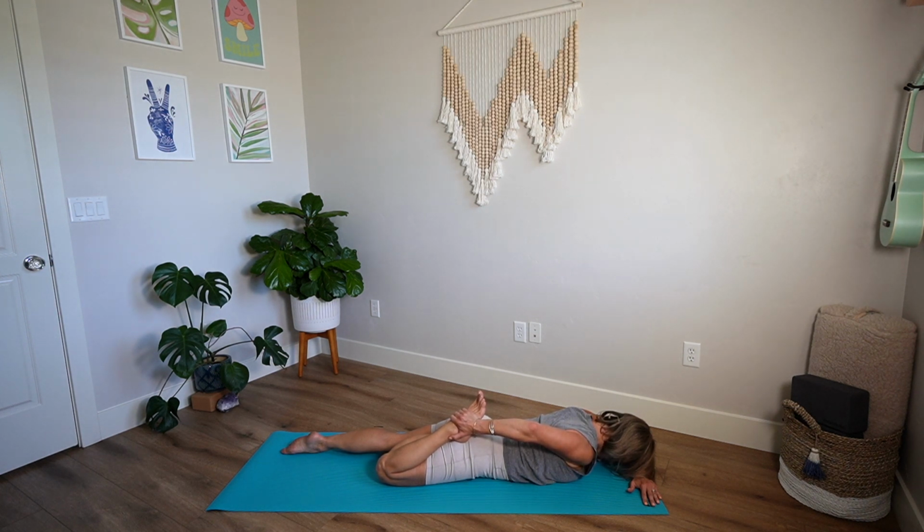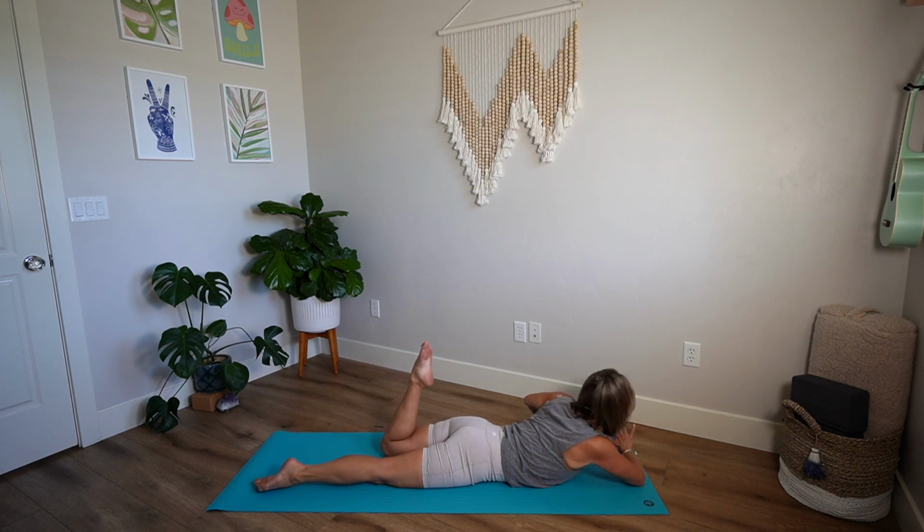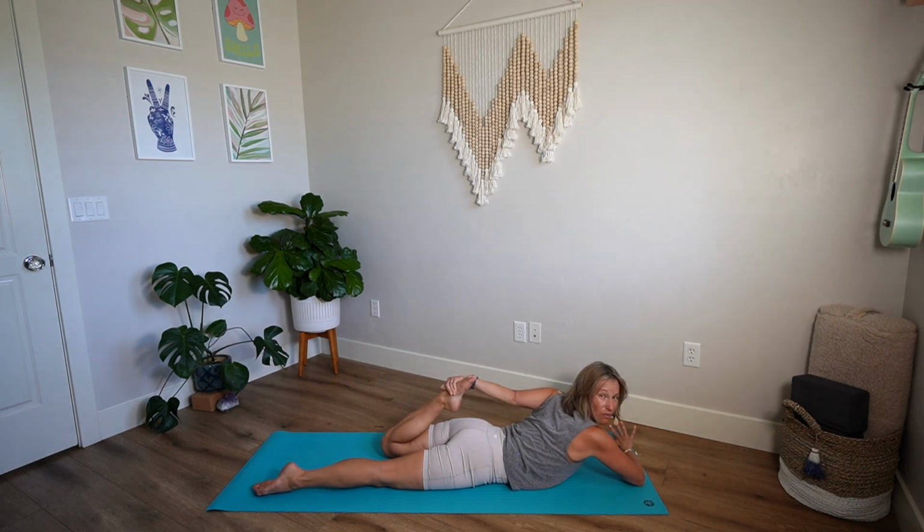Once you're here, kind of pull your lower belly up and in, and then lengthen even more back through the knee energetically, and that really deepens the stretch in the front of your quad. When our quads are tight, they can pull on our back. Good. Switch sides. Again, I said this before, you can do any of these stretches longer if you know that